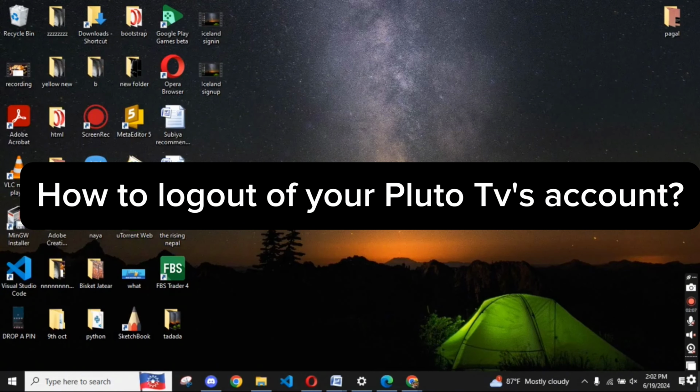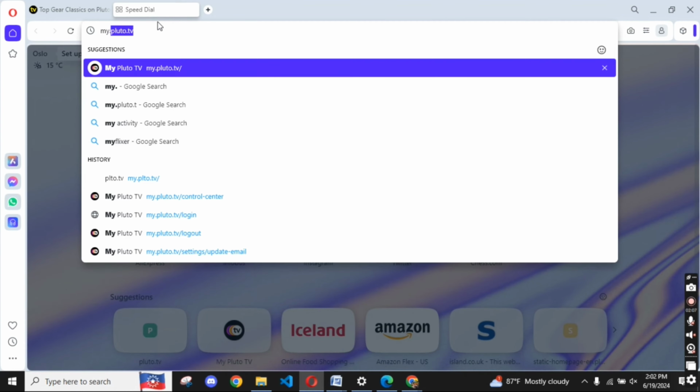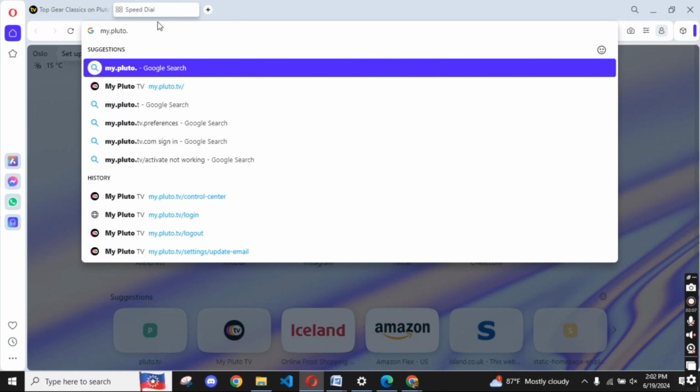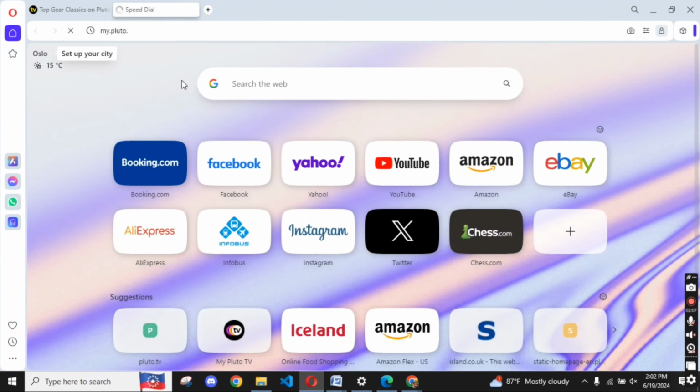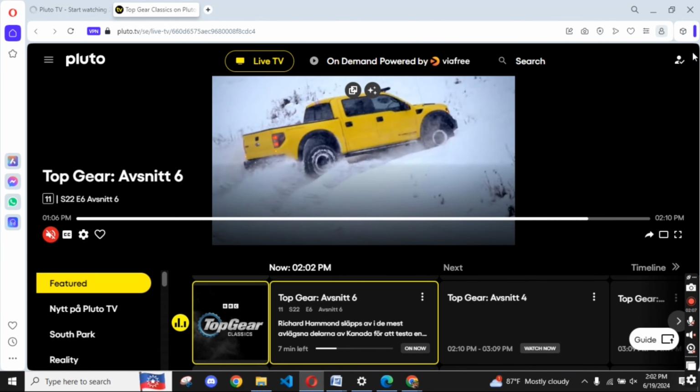To log out of your Pluto TV's account, firstly go ahead and launch any web browser of your preference. On the search box at the top, type in my.pluto.tv and make a search. Log into your Pluto TV's account using your login credentials and the homepage of Pluto TV's account will appear on